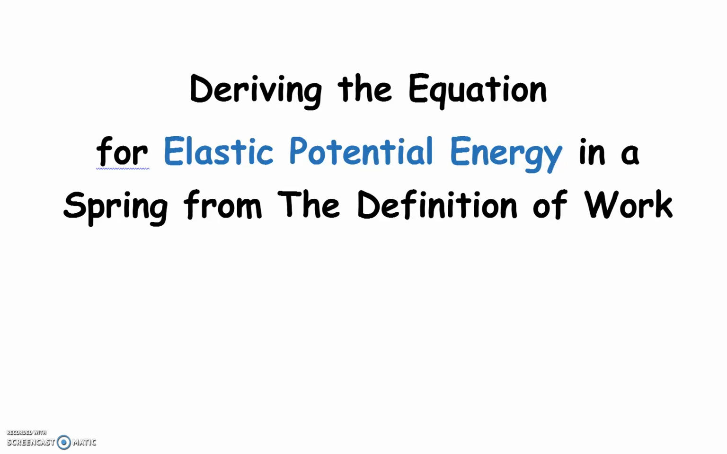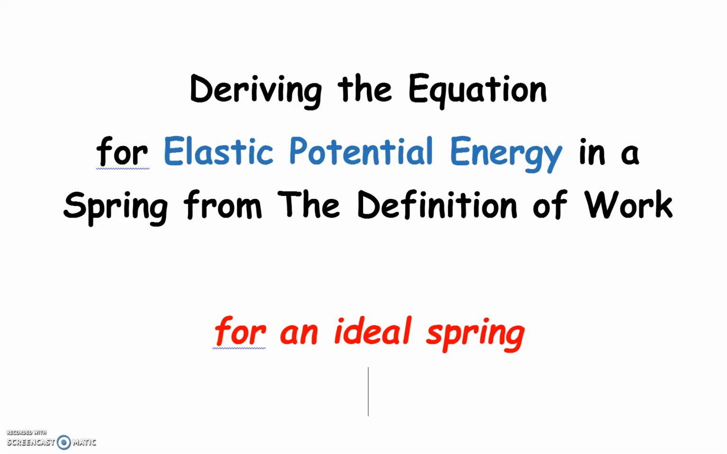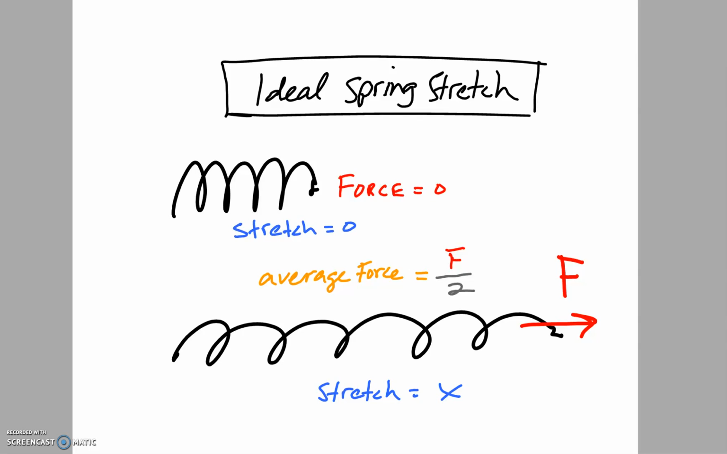Deriving the equation for elastic potential energy. This is for an ideal spring. So for this derivation, imagine an ideal spring being stretched from its rest position where there is zero stretch and